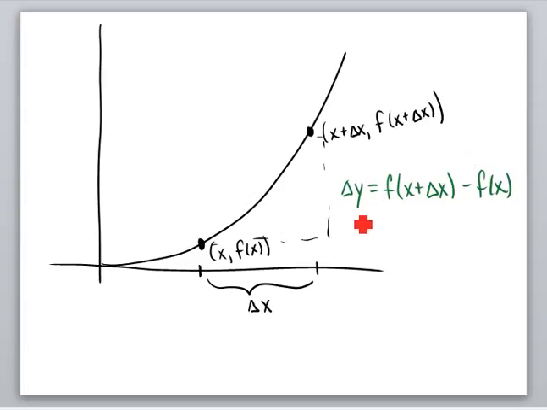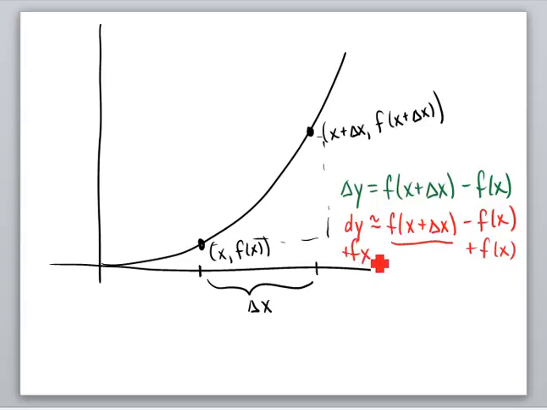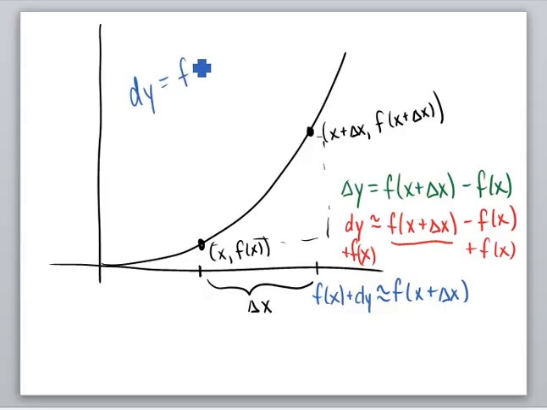What we learned in the previous day is that change in y and dy are approximately equal to each other. So I now can say that dy is approximately f of x plus change of x minus f of x. Remember, my ultimate goal is to find or approximate this new height. So what I'm going to do is get this f of x plus change of x by itself. I'm going to do that by adding f of x to both sides. That gives me a new equation of f of x plus change of x is approximately f of x plus dy. Since I don't have any values for dy, I'm going to replace dy. Dy, we found out the other day, is equal to